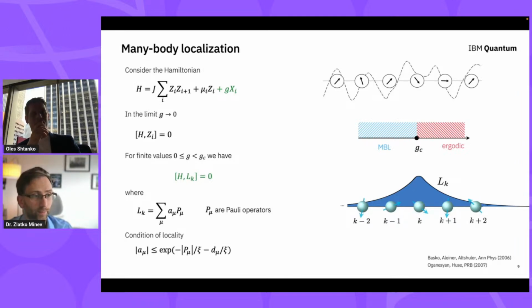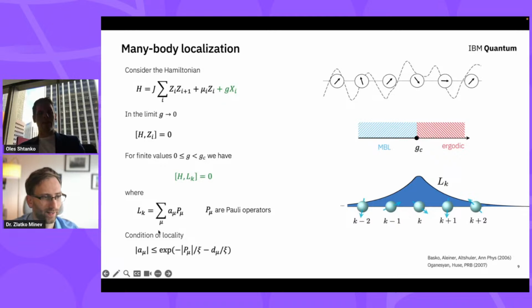Right. But is it a local integral? Here we call an integral of motion local if it's supported on a set of qubits, and maybe I need to clarify this more, if it's supported on a group of qubits which are spatially together. If you look at the Hamiltonian, it's a sum of terms across the system, so it does not meet the notion of locality that we use in our talk. But if you think about a more general notion of locality, you can also claim it's local, just not in terms of this talk.